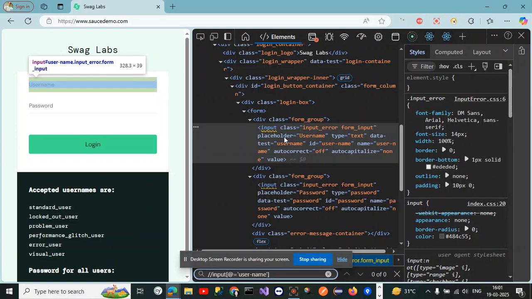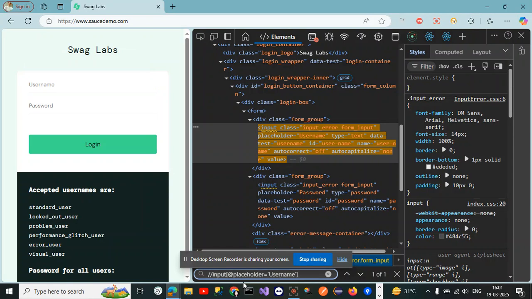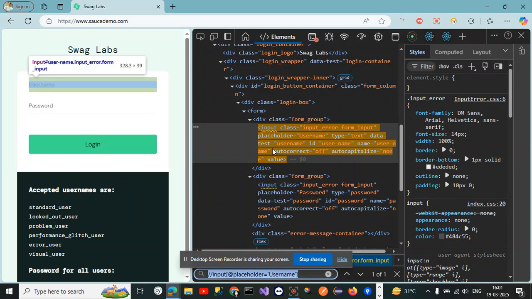For example, I can make use of placeholder. Let's just make use of placeholder. Okay, so that way let's just update its value as well. Please make sure to use the correct attribute name and its value to avoid getting the wrong locators. Okay, so now that we have found the locator for the username, let's go to my project and add